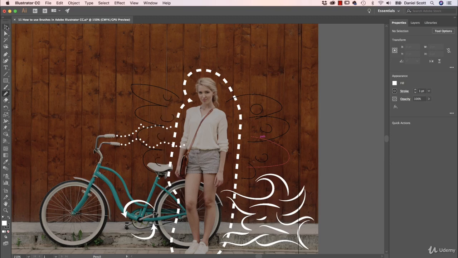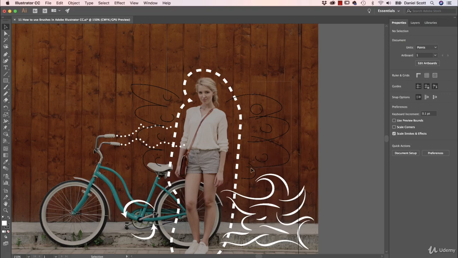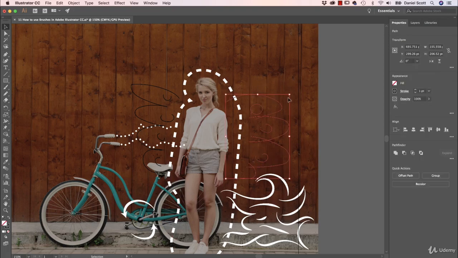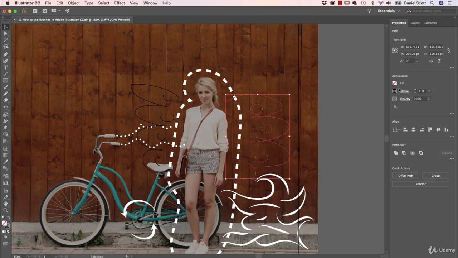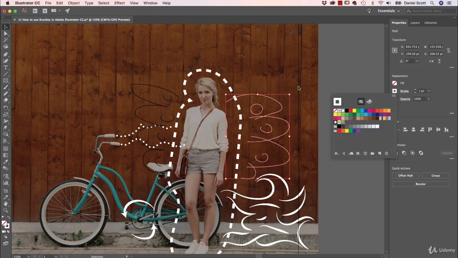Great. So with my black arrow, I'm going to select all of these. It's a little bit harder now because we've got things all over the place. So you might have to click one, hold shift, and keep clicking until you've got them all, but I can kind of drag a box around all of these. Great. First thing I'm going to do is make the stroke white,